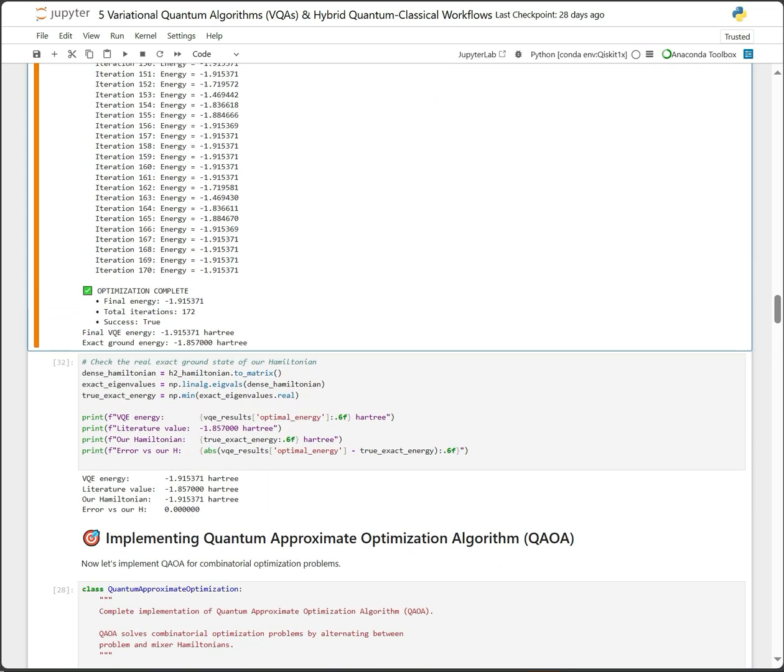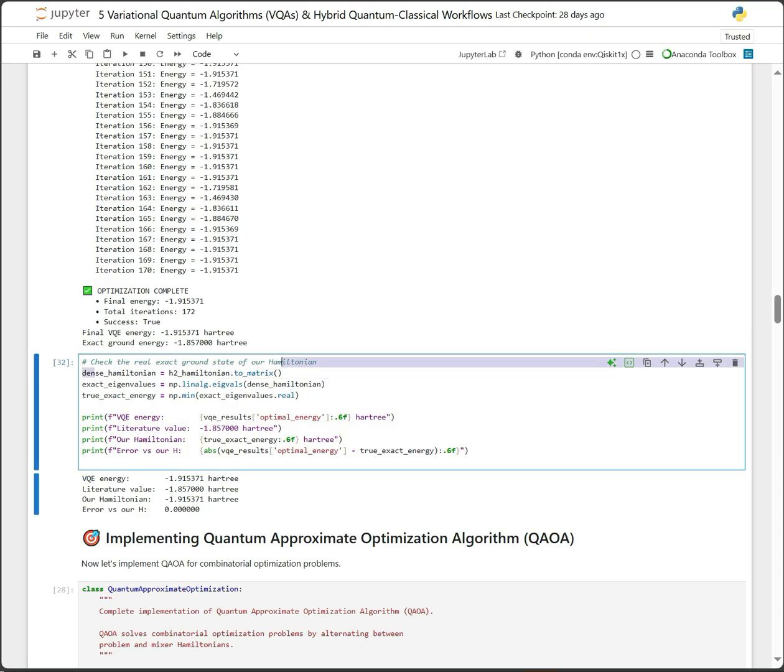Going to the end, optimization is complete with the final energy minus 1.9. The convergence was found in a total of 172 iterations, and the success was true. You can check it by moving parameters or moving the energies, but take into account that at different energies maybe you cannot find a solution and this could not converge, which is not ideal. Yeah, so let's continue with the